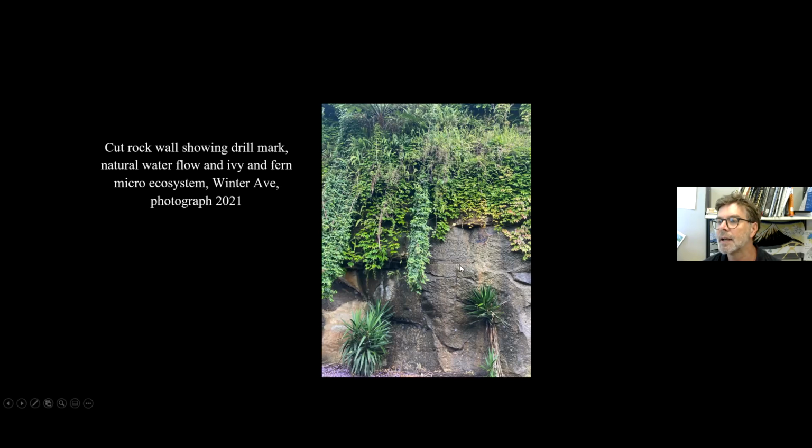You can see here a trace of a drill bit has been forced down there and split the stone off, and some of it has been picked away here. So these are all the bits of evidence you can see on a wall as you walk past. You might have thought that was a natural escarpment. Well, it's not. What is natural is the water running down there, and there was a water course running from Alfred Street down to, what would it be, Careening Cove, which means there may have been natural waterfalls.